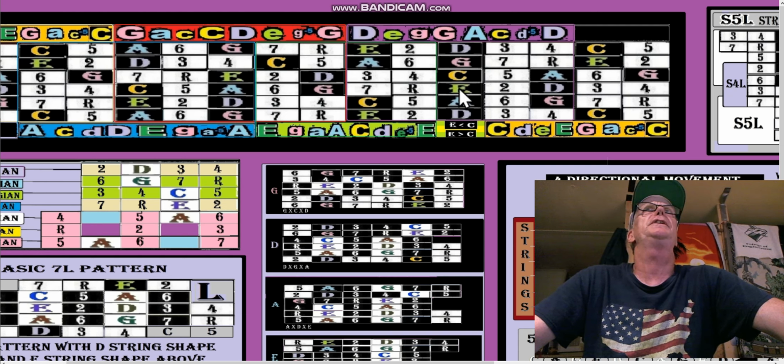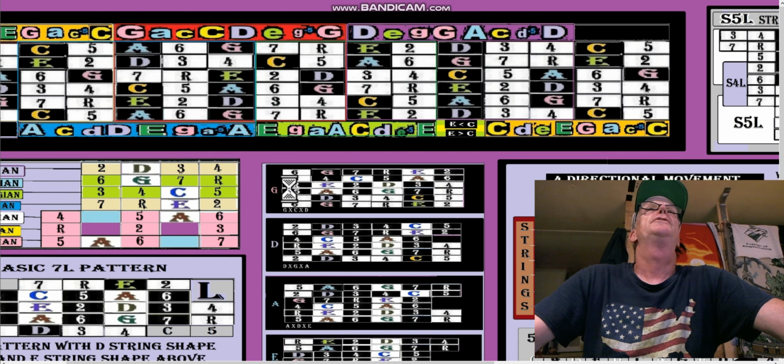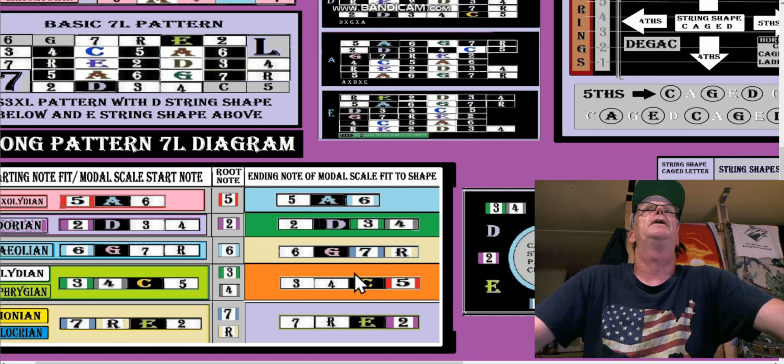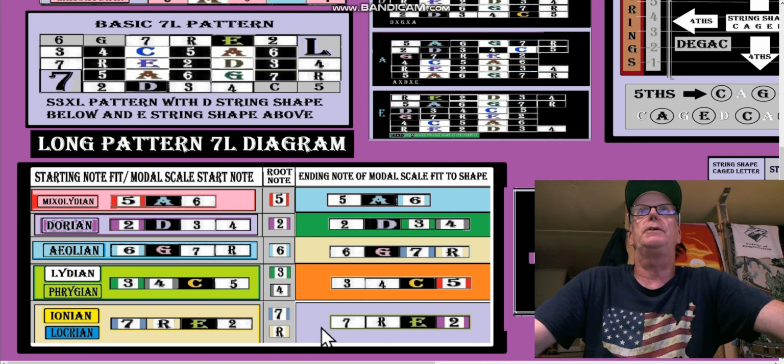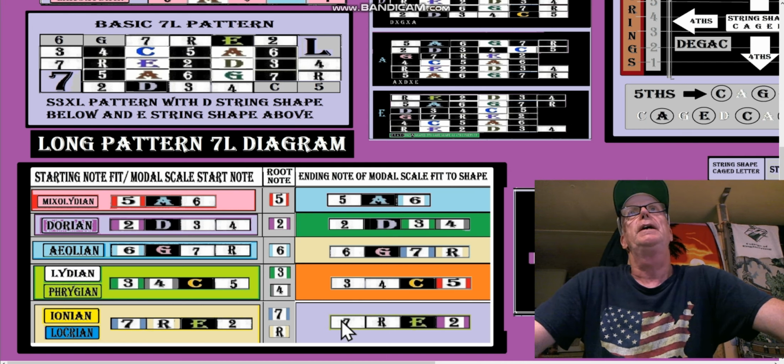You see how there's an E shape there, but it actually finishes on that G shape. So that's my bad there. Actually, I didn't do it wrong. It's right up here. So what we do is R 2, 3, 4, 5, 6, 7 root. So here, see, I was wrong. See how this isn't